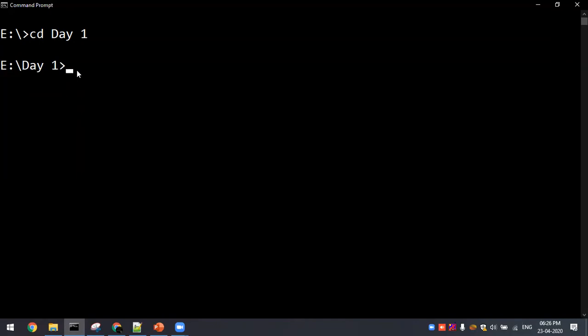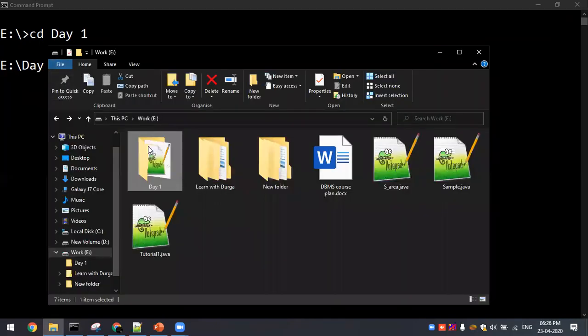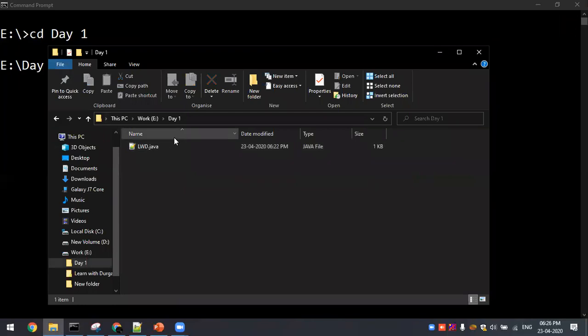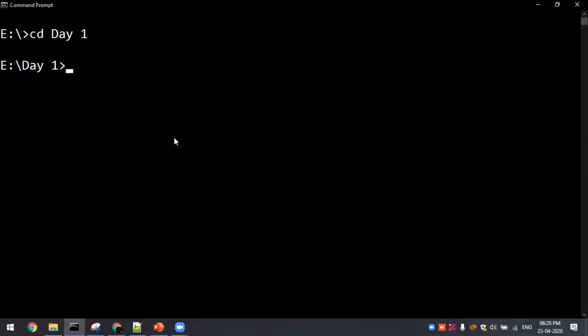So under it you'll be having a .java file. If I want to execute this, I have to give a simple command, javac, to generate a class file. That's it. The class file is generated for the particular program, lwd.java.